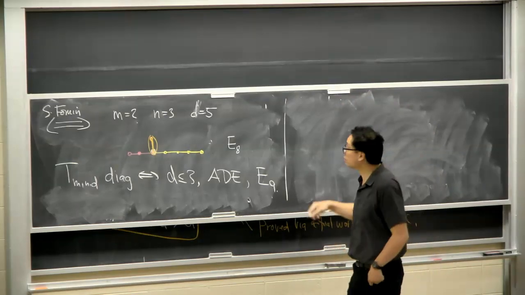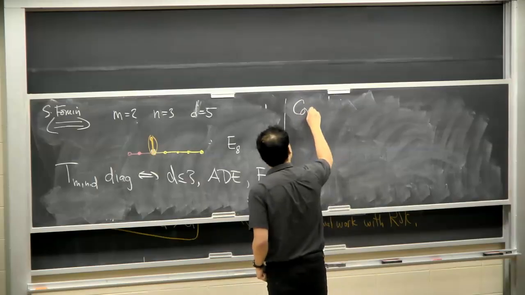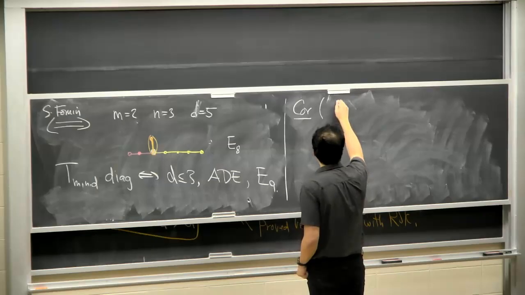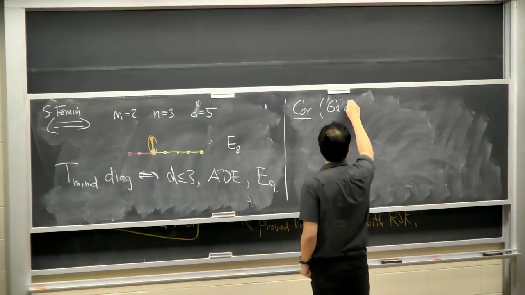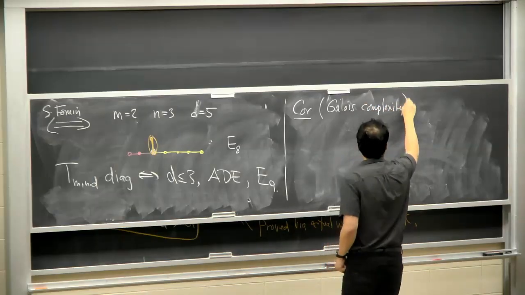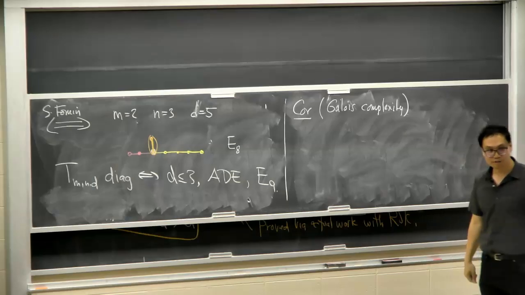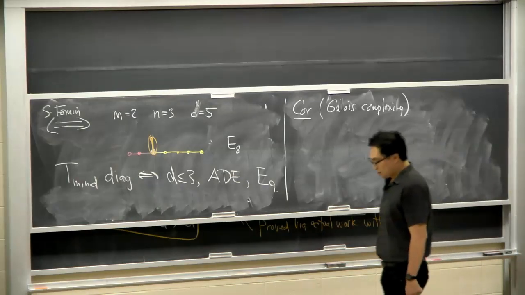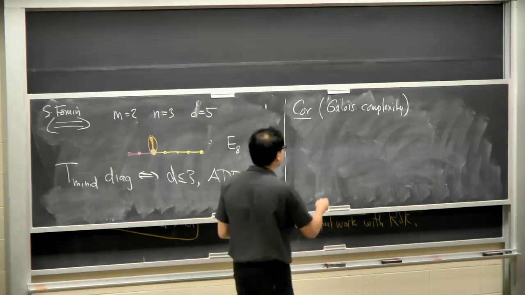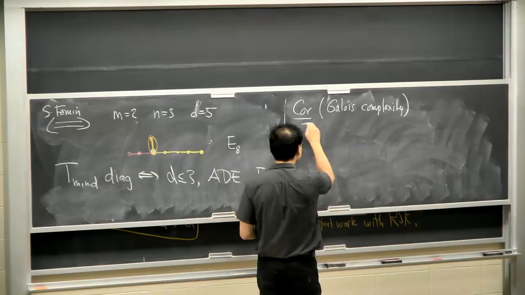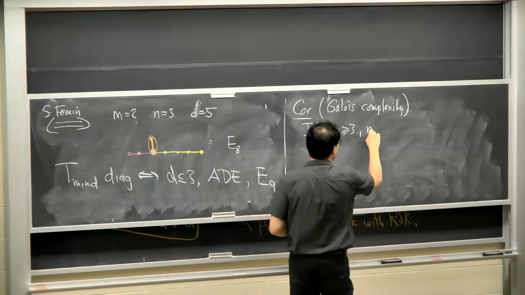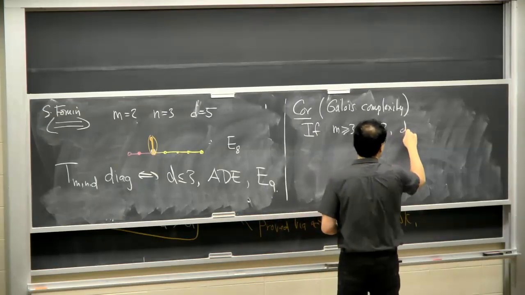The final topic is the following corollary. This has to do with, I'll call it, Galois complexity. So not P versus NP complexity, just Galois theoretic. What about the eigenvalues? How complicated are they? The statement is that if M is greater than or equal to 3, N is greater than 3, and D is greater than or equal to 4,